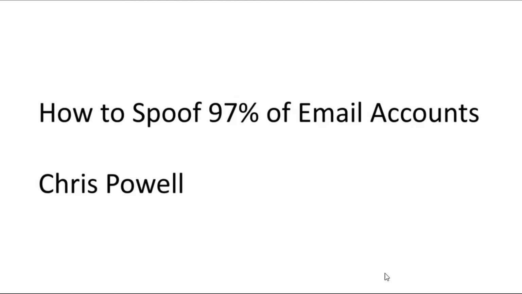Yeah. Cool. So, how to spoof 97% of email accounts. This came out of a bit of research we were doing. Originally, it started off as we were very interested in setting our own phishing infrastructure up. We used SendGrid because SendGrid just allows you to act as an open relay and is very, very trusted. And we sort of noticed there were a few abnormalities in things like SPF records and other email securities that were